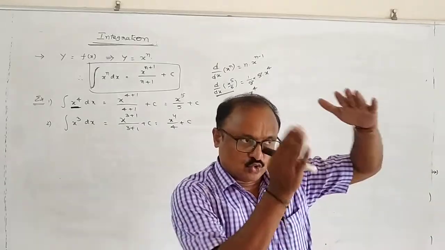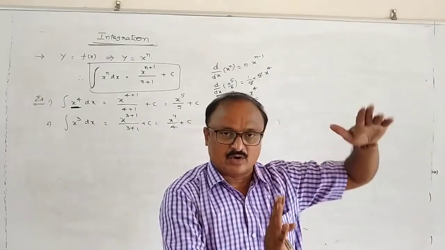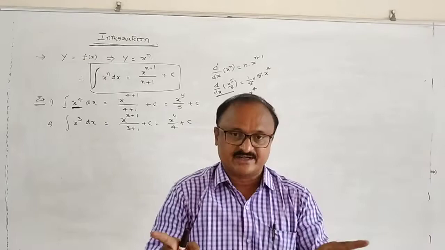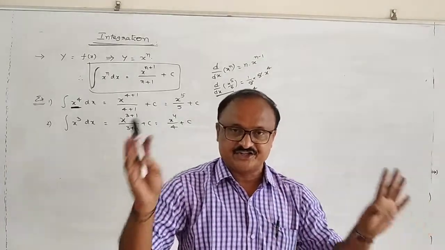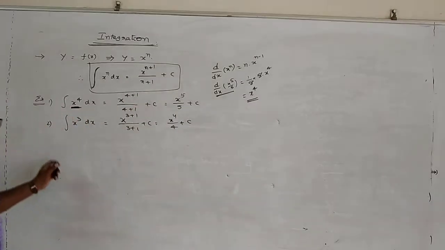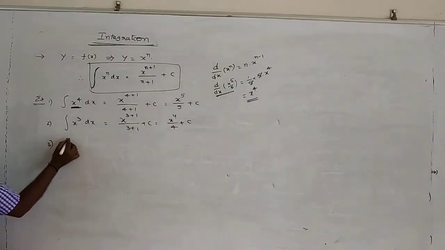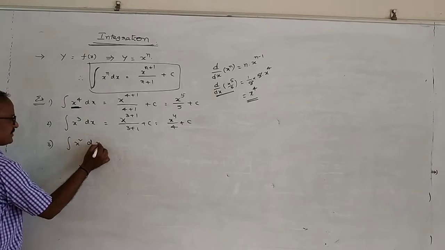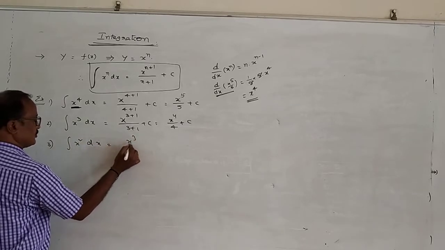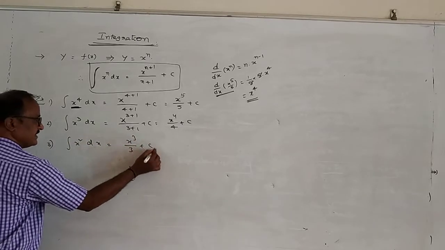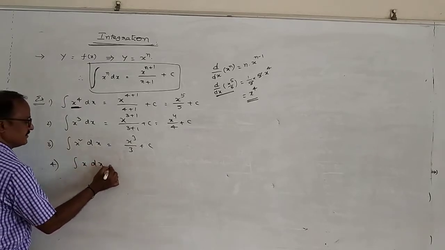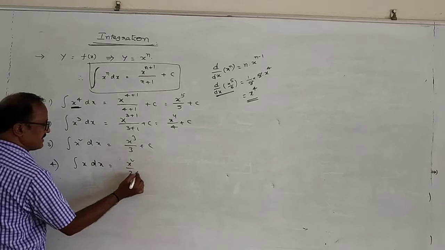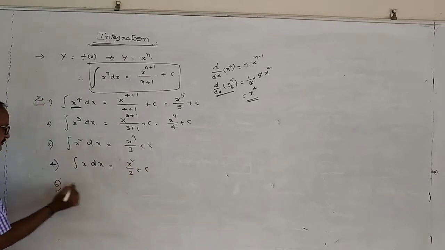Differentiation means to divide the larger physical quantity into a number of small elements. That's the difference. That's why integration is the inverse process of differentiation. Remember that point. So this is the value: integral x square dx is equal to x cube by 3 plus c, and integral x dx is equal to x square by 2 plus c, and the fifth one is integral only dx.